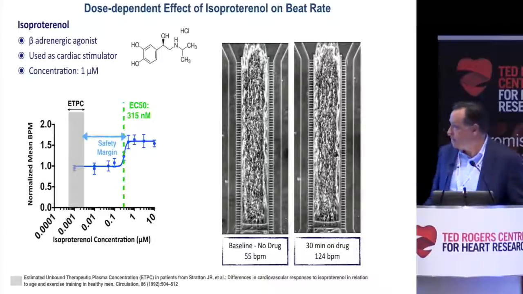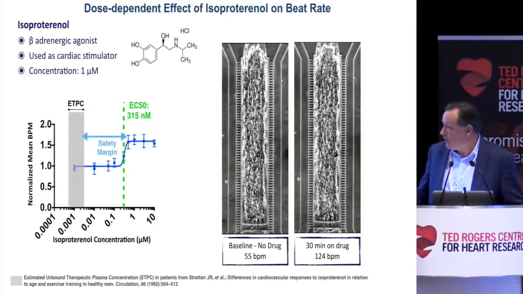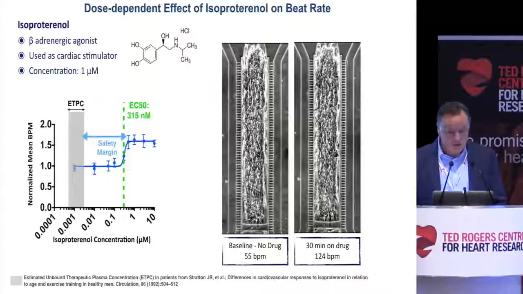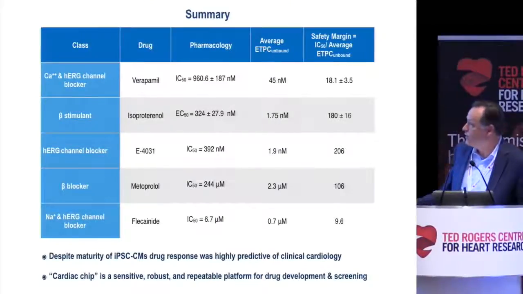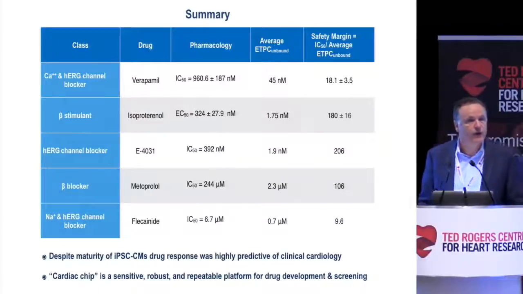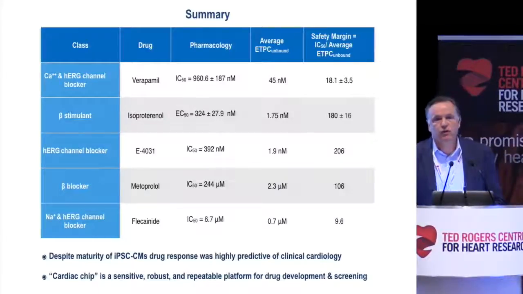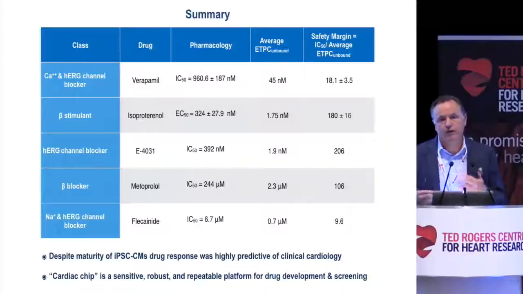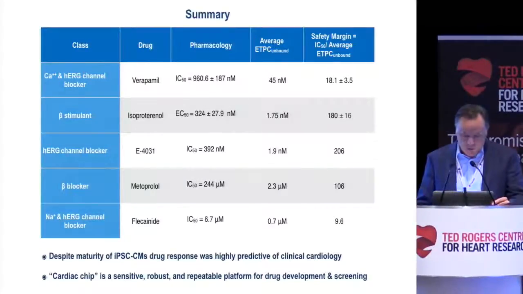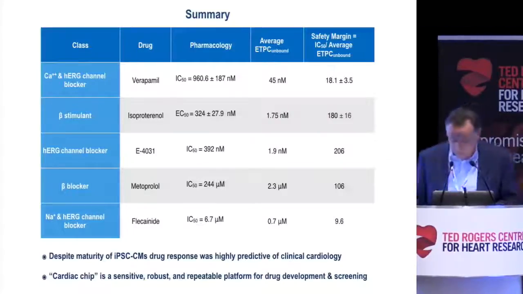This is obvious that basically this will have a nice safety factor, and if you look at the table of all the drugs we've tried, a safety factor of 180 is quite good. Typically, drug companies will look somewhere in the ratio of about 15 to 20 as a good safety factor. So that brings me to this example, verapamil.